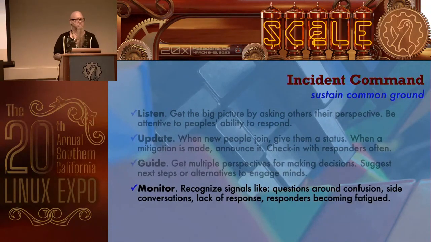And then monitor for failings in common ground. How do you do that? Well, people start asking questions. Did so-and-so already do this? That's a good sign that common ground is being lost. Did we do this or did we do this? Oh, a bunch of people just disappeared into a thread. Or the Zoom call's been going on for 20 minutes and no one's given an update to the channel. Does anyone know what's going on? These are all signs that common ground is failing.